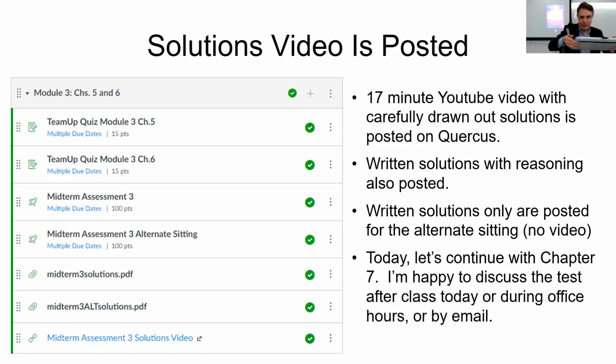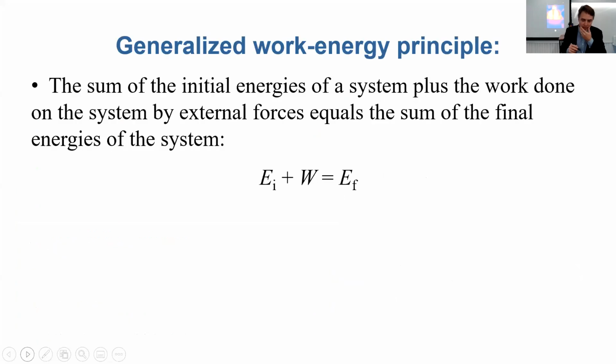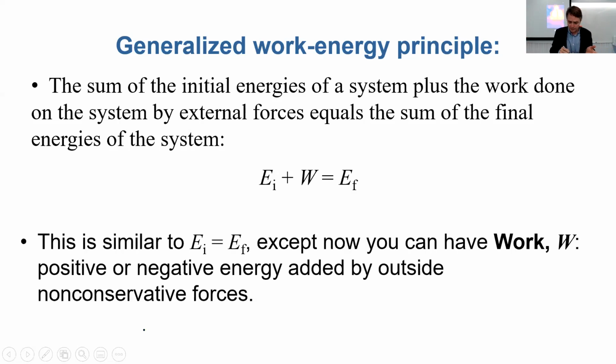All right, I think we're cooking along here. I think what I want to do is go on to chapter 7 stuff, continue with what we've been doing. And I want to talk a little bit about this work energy principle. It actually turns out to be pretty similar to the momentum conservation. You've got initial plus the work from outside your system equals the final. And that's all it is. It's actually an extremely simple equation. And that's why it's so powerful and you can solve so many questions with it.